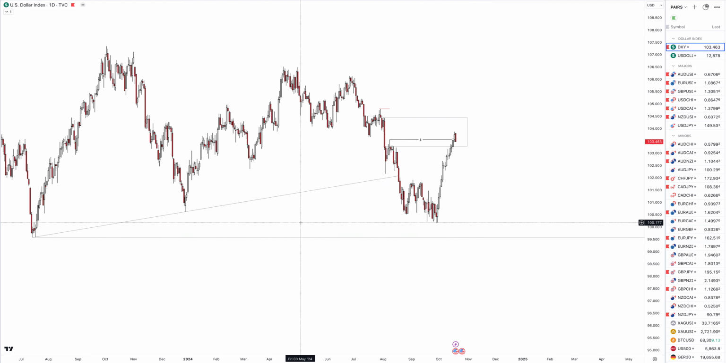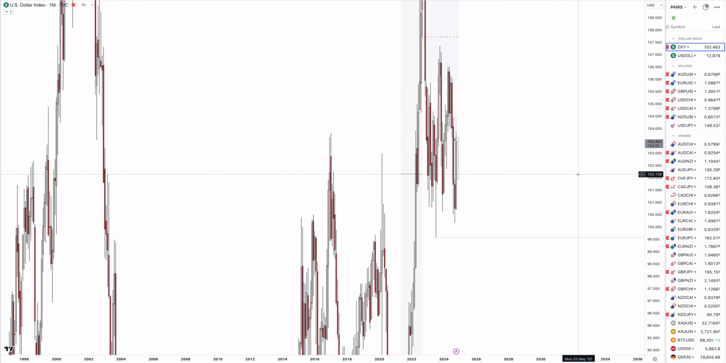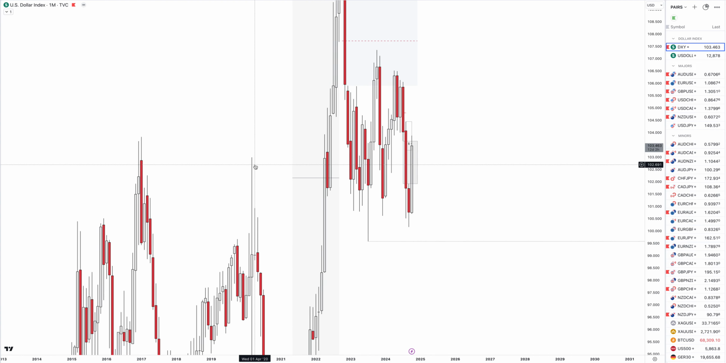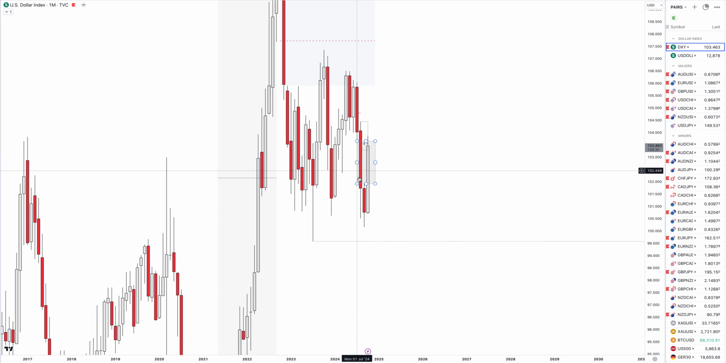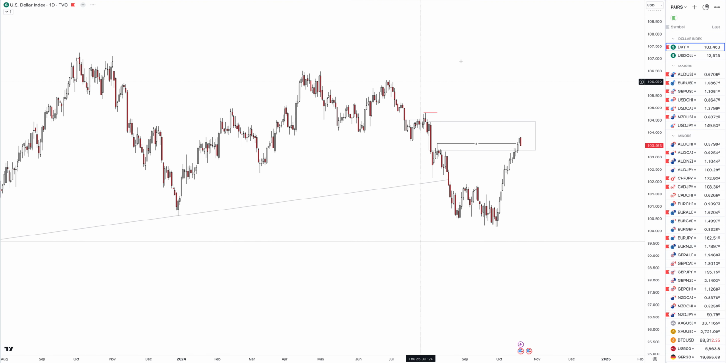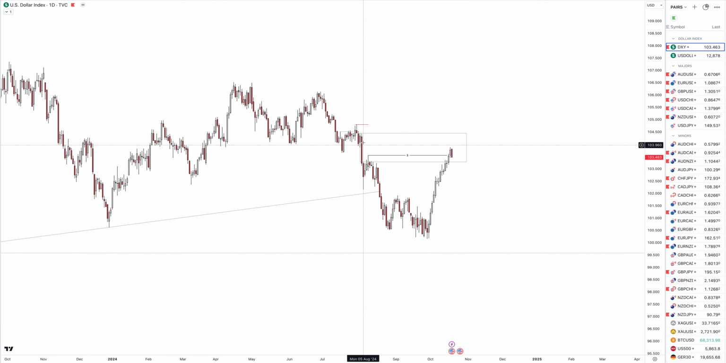Starting off with DXY. Price has now approached the monthly imbalance that I've been talking about for a while. So this is the monthly imbalance that we've got, and on the daily time frame I had this level highlighted. So this is the last bullish candle before the bearish move, leaving an imbalance which I've drawn out. I then had this liquidity marked out and I was expecting price to make its way up, sweeping this liquidity